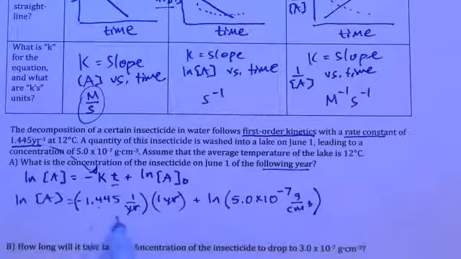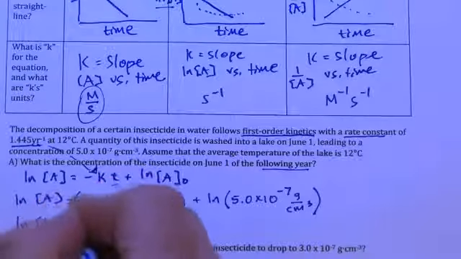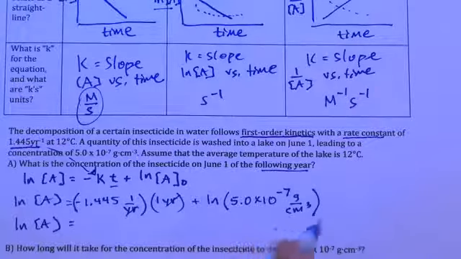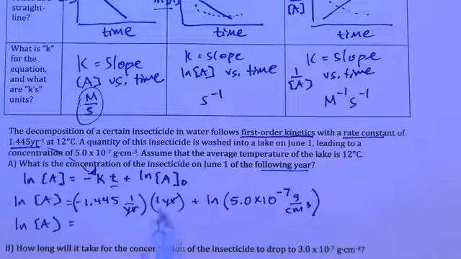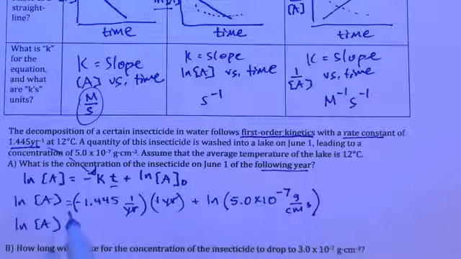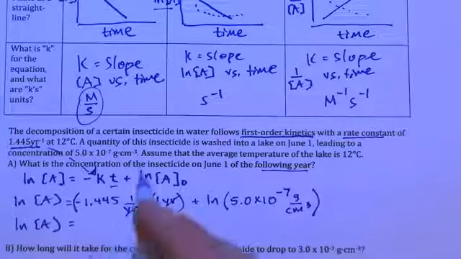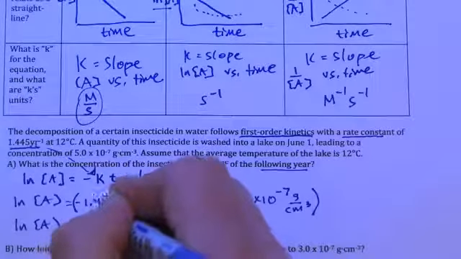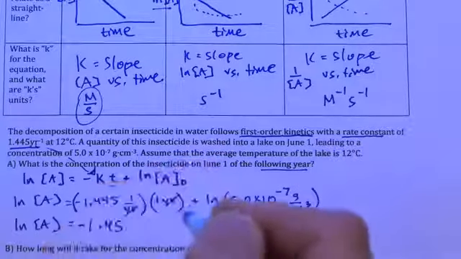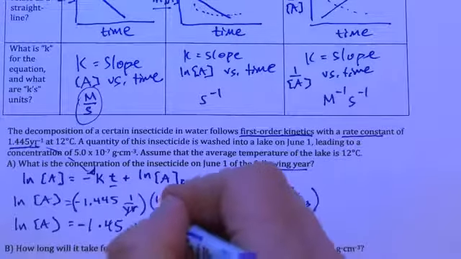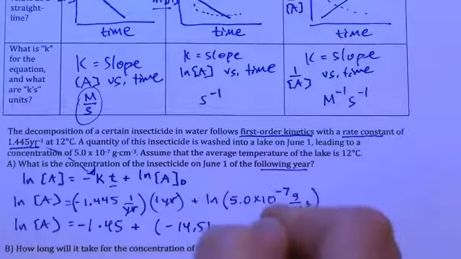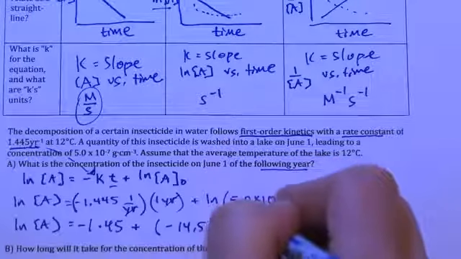So plugging these numbers into the calculator, I can solve for the insecticide concentration, which would be negative 1.45 plus negative 14.51 after I take the natural log of this,